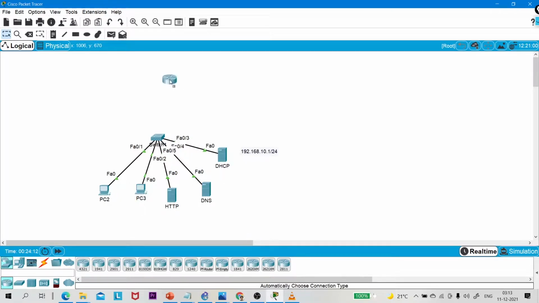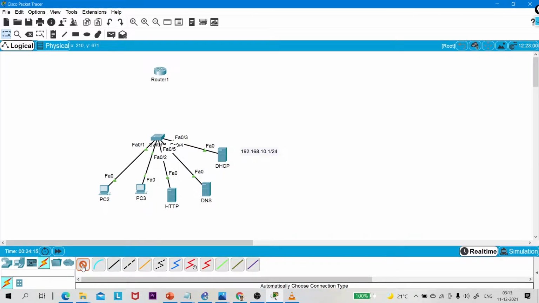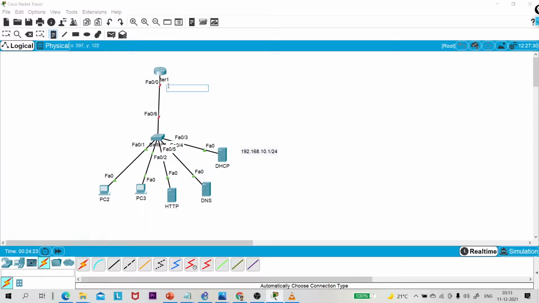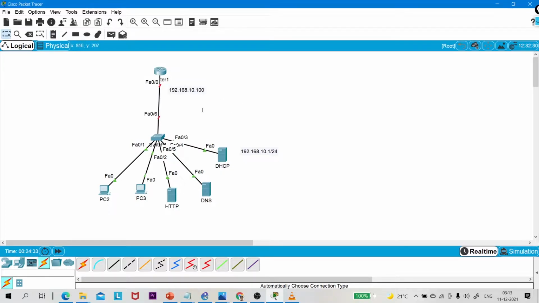So let me draw one router as well and connect this router to the switch. Okay, and the IP address I am going to assign over here on the interface of the router is 192.168.10.100.